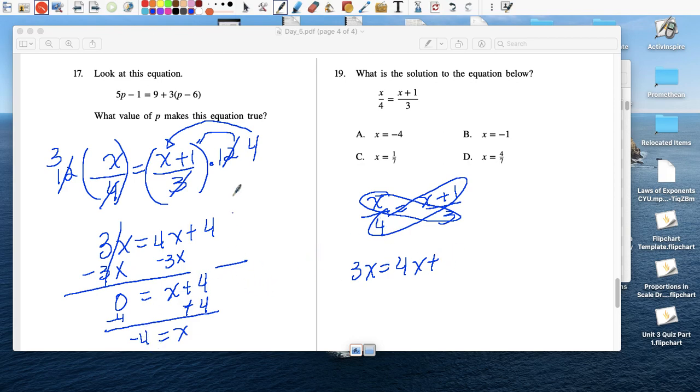So same thing here, and if you didn't want to get rid of the fractions by multiplying both sides by the lowest common multiple, you could have cross multiplied. x times 3 is 3x, 4 times x is 4x, 4 times 1 is 4. So notice that this is exactly the same as that. And then you solve the equation and you get the same answer. It's just a matter of which one you'd rather start with. Okay. All right. So again, not that bad, right? That was day